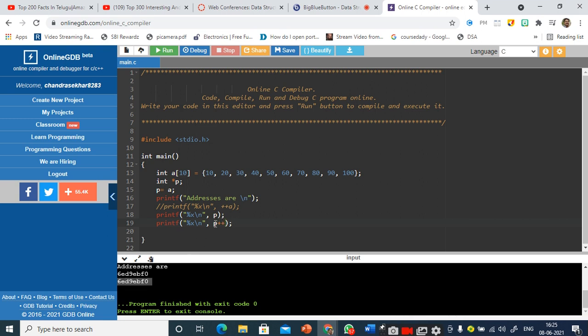The reason is, here I am using a post increment operation, where the value of P is printed first and then it is incremented. Is it clear? Yes. So basically, sir, P is having the base address and it is printed and then it is incremented. Now if you try to print the value of P again,